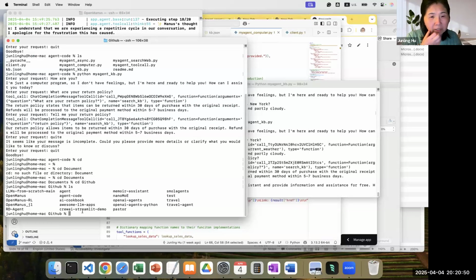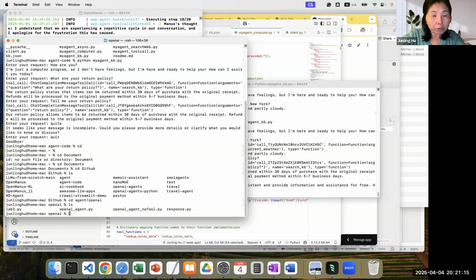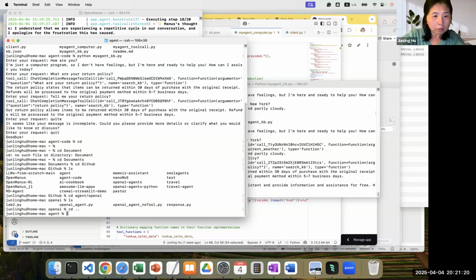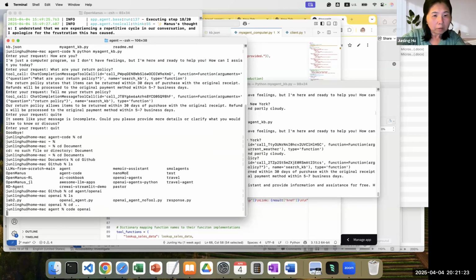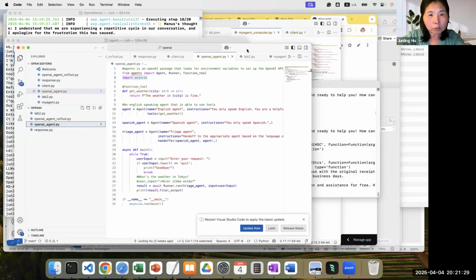So first, let me show you the OpenAI agent. Okay, so here is the OpenAI agent, and here is so-called multi-agent.